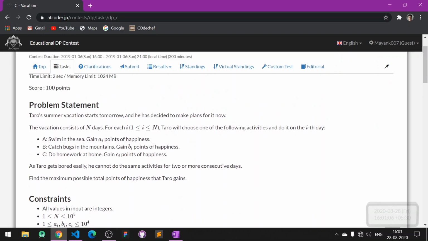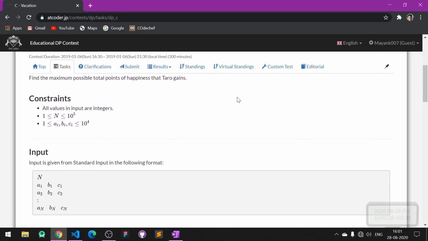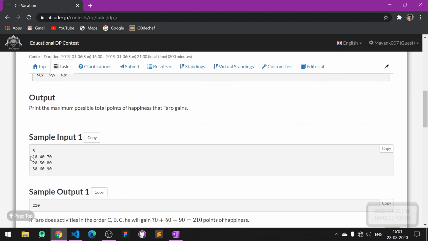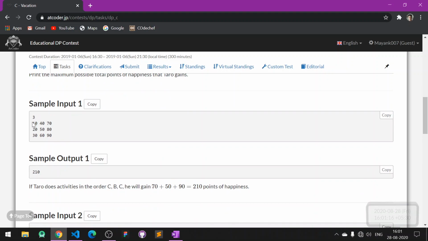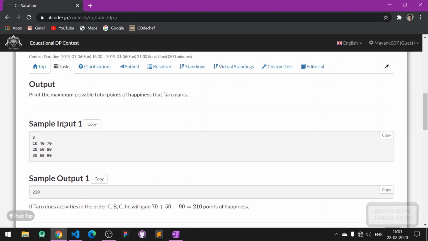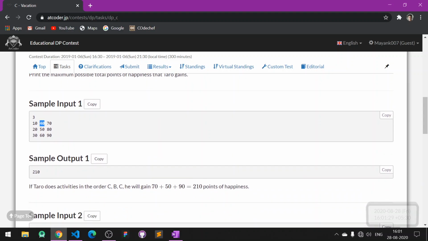First of all, there is a matrix given. Let me roughly tell you how the input is given. You need to spend all of your days optimally, so the value of each task that you take, one from each row across these three columns, should be maximized. Suppose from this row we have taken 70, just like shown here.